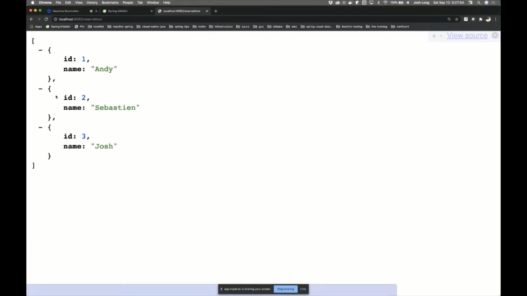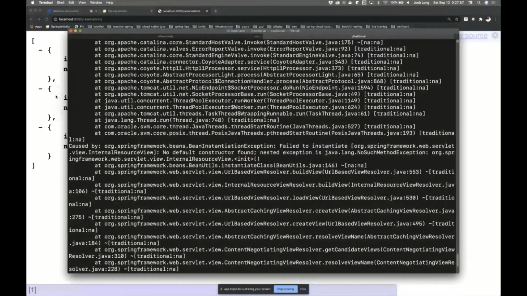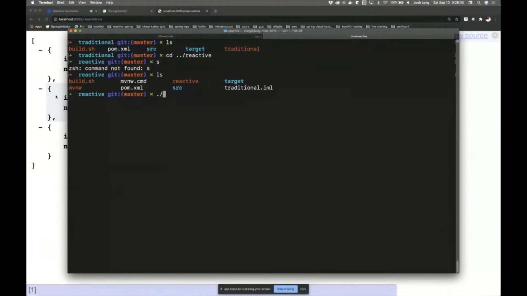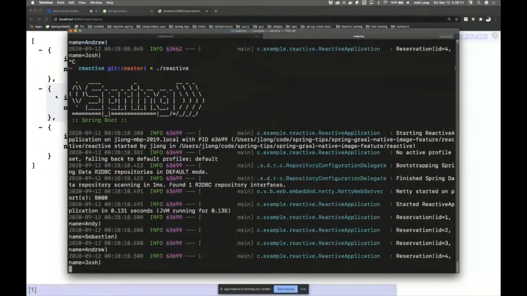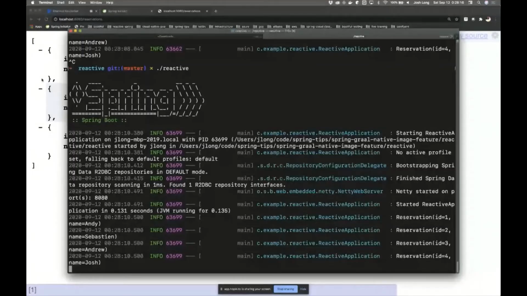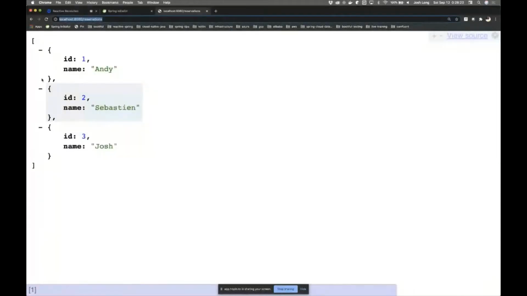That's that endpoint. So you have the ability to create really, really fast services, even for the most inefficient of stacks, right? Even for the ones that don't particularly perform very well. When you go to the efficient stacks, like the reactive stuff, oh my goodness, the opportunities are endless, right? So this is, let's see, there you go, 0.131. And now, actually, this is an old version of the GraalVM feature. Nowadays, most of my applications start up in less than 1/10 of a second. So really, really amazing opportunities there.